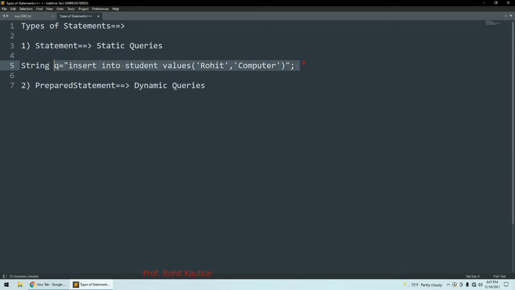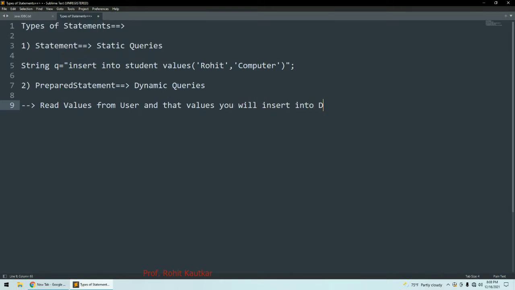Such kinds of queries are called static queries, and in order to execute these queries you use the statement interface. Another kind is the dynamic query. Dynamic query means you will read values from the user, and you will insert those values into the database.